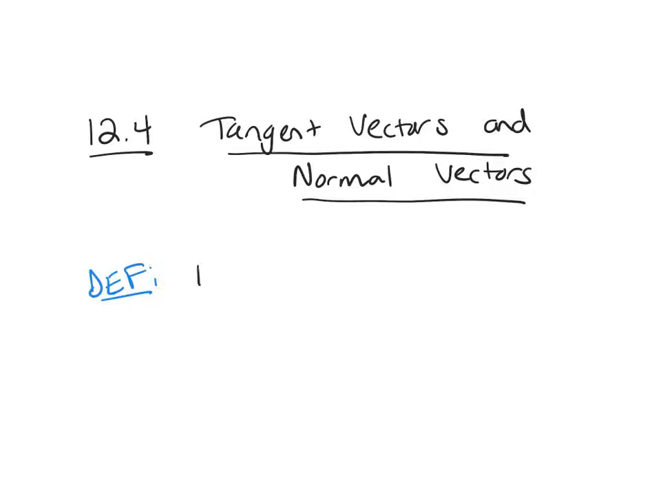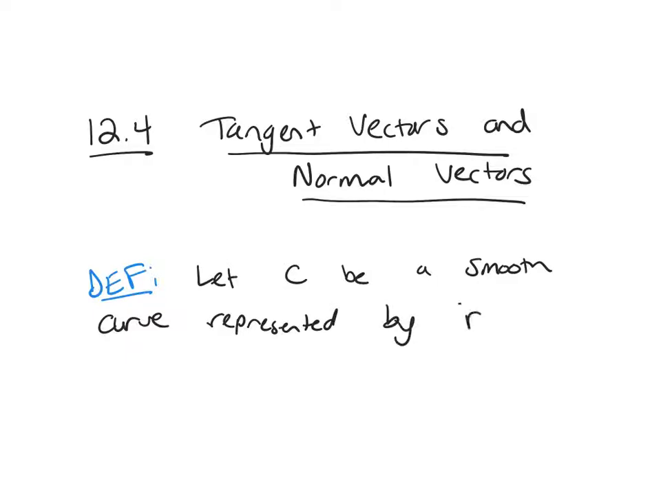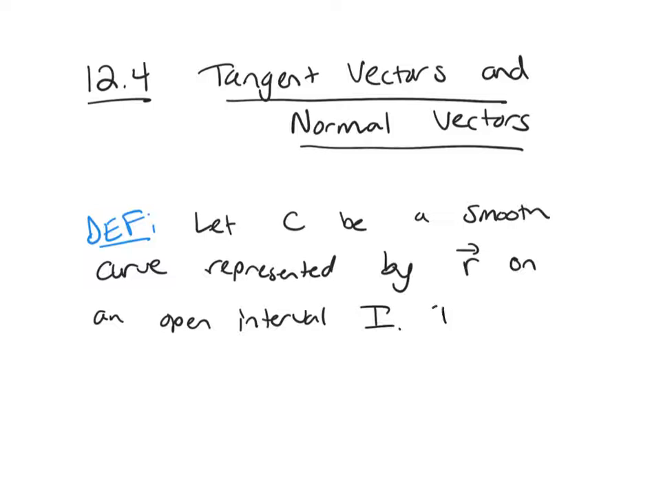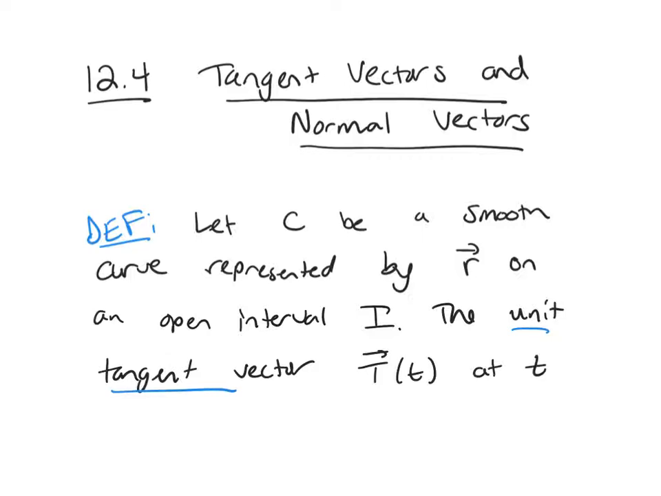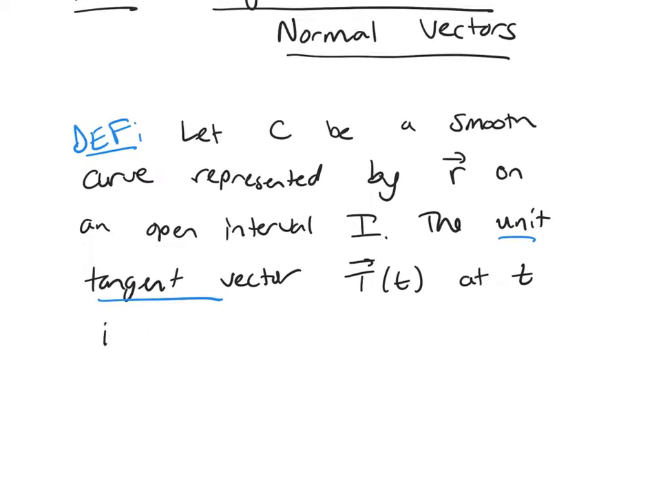So let's suppose C is a smooth curve represented by the vector valued function r on an open interval I. Then the unit tangent vector, which we're going to call T at t, is defined